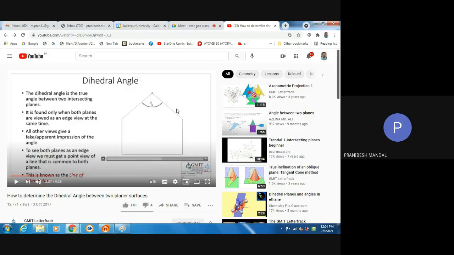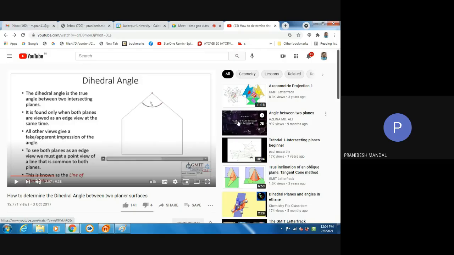Suppose this is your true shape. Suppose this is the true shape of the frontal plane of this house. Yes or no? Of this house, this is the true shape of the frontal plane, isn't it? You take any plane perpendicular to any plane, you are going to get the edge view